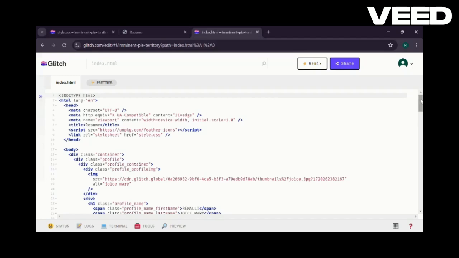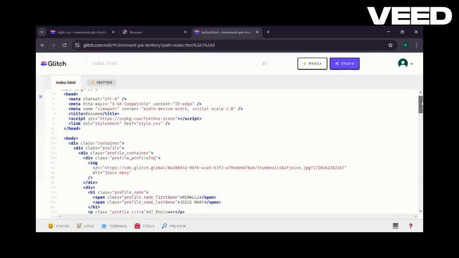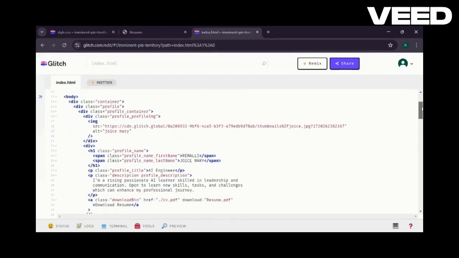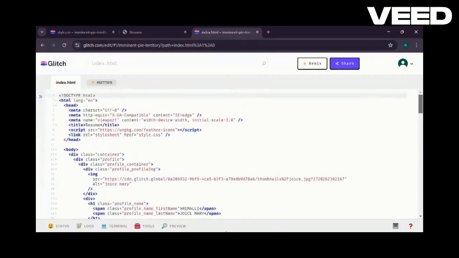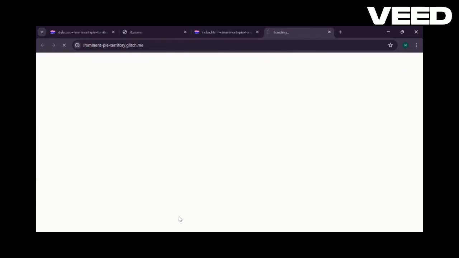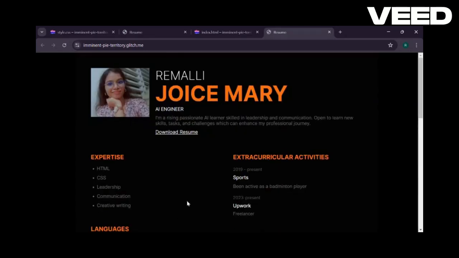In my resume, I added a lot of things. I added seven sections in the body, including skills, languages, and education. In the CSS styling, we add colors and backgrounds. CSS is all about adding styles and adding a particular layout. That way we successfully create a simple yet elegant resume using HTML and CSS.